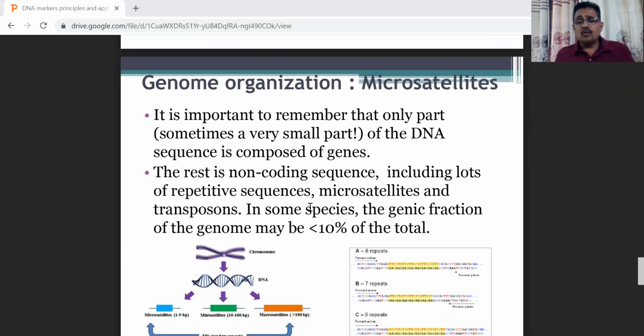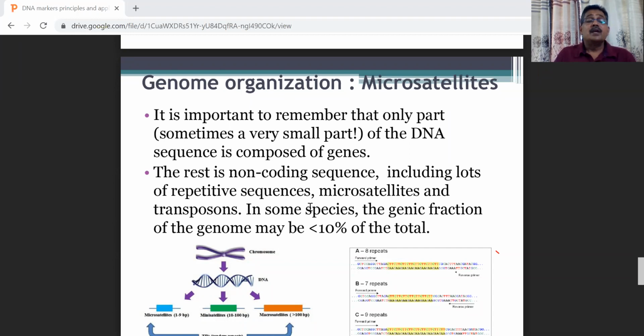Okay, so I already told you RFLP markers ruled at one time, and then other PCR based markers were used, and after that a combination of PCR and RFLP was used as the AFLP technique. This also had a period when it was very highly used. Then, once sequence information started accumulating, people started using microsatellite markers, that is simple